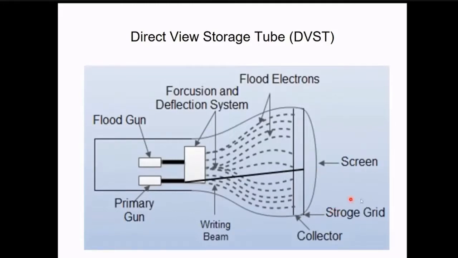Now what is the need of the storage grid? The information about the object, about the image, will be stored in the storage grid. What happens is the deflection system or the focusing system will bombard the electrons, and they just free flow onto the collector or the storage grid. So it looks something like this. You have one circle shape with you, and you have some white color or flour with you. You try to spray the white color on that particular image. Suppose you have a circle, you spray the white color on that.